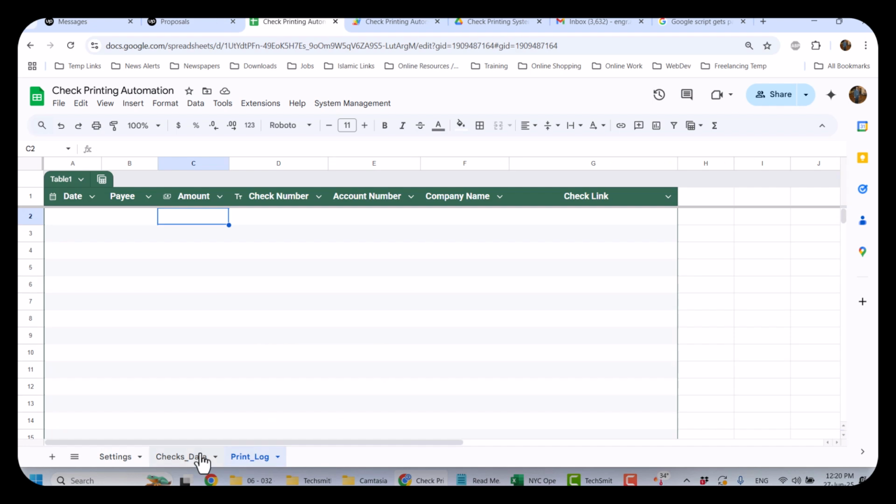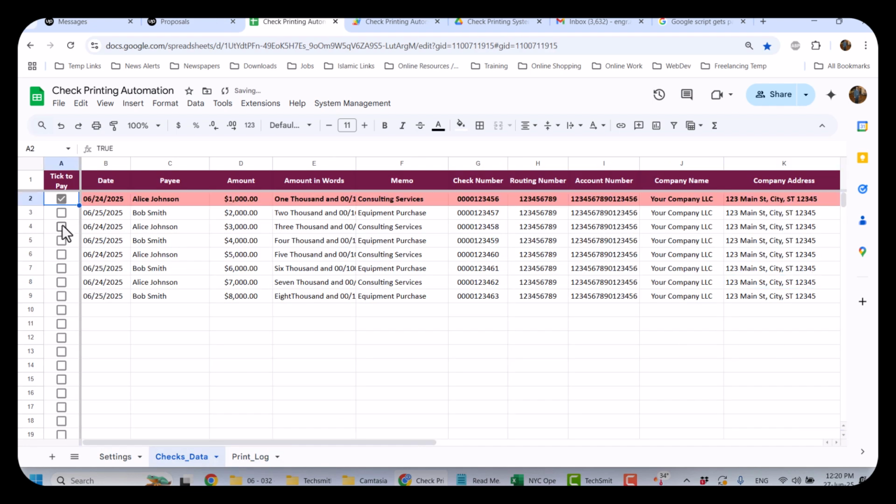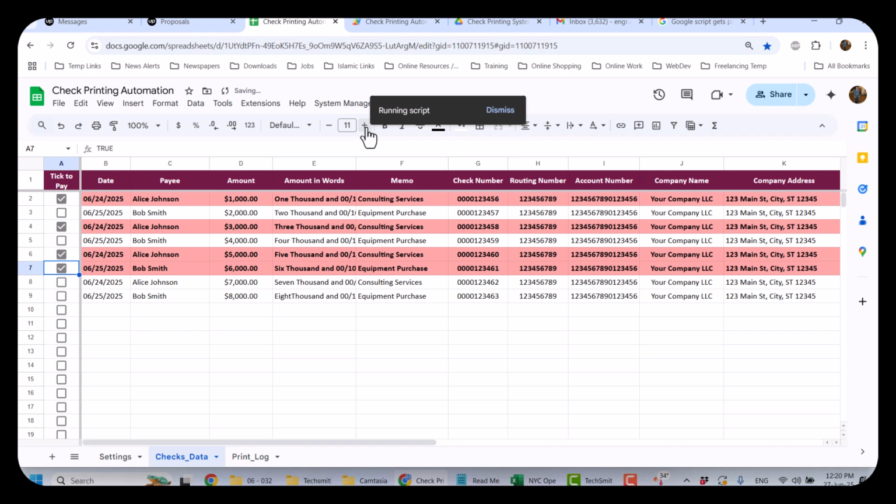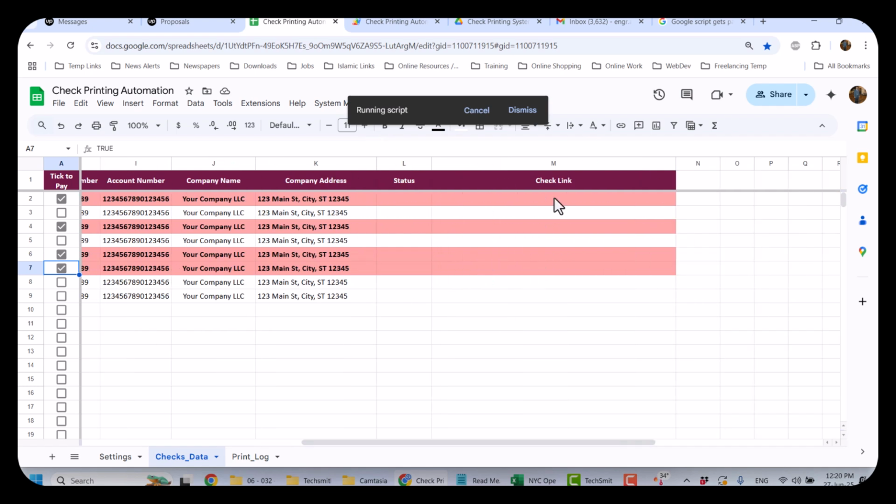So this is the printer log sheet. This is the check data. We will select the rows for which we want to print the check, and then we will click System Management and Generate Checks, and it will generate the checks, and it will mark the status as printed. It will write the PDF URL over here, and it will send automated email to our email addresses. I have mentioned my own email addresses, so we will have our